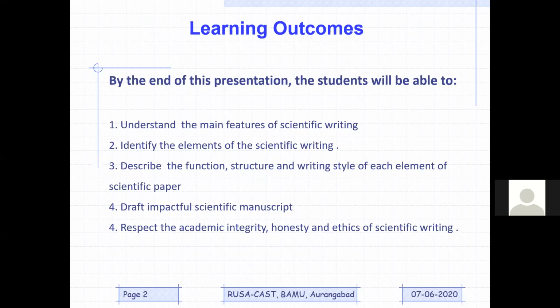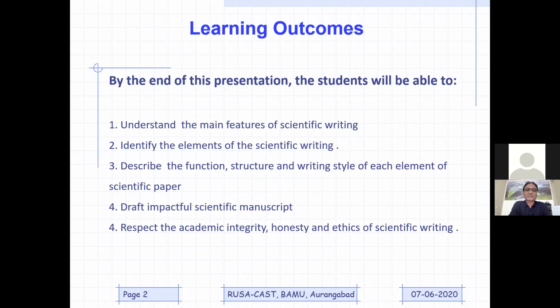Yesterday we started, but let me start again. What I am expecting at the end of this is going to be a learning outcome. By the end of this presentation, I hope that you all will be able to understand the main features of